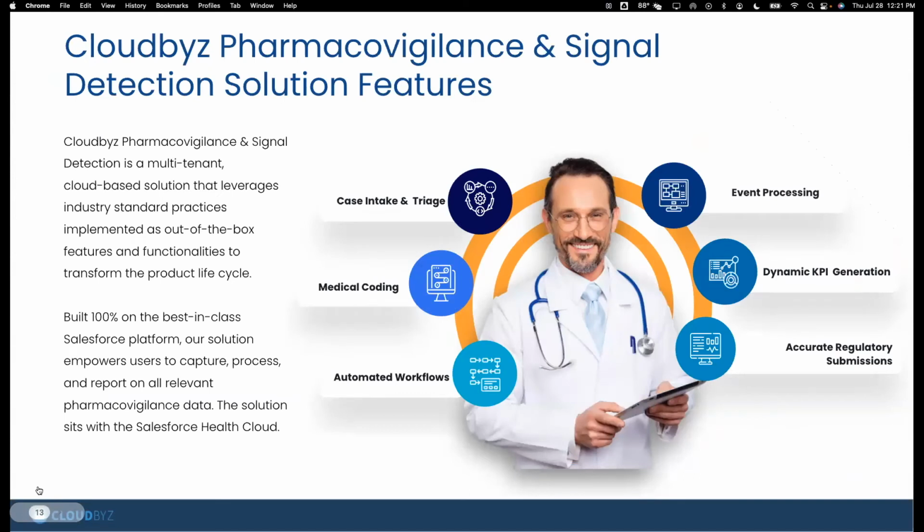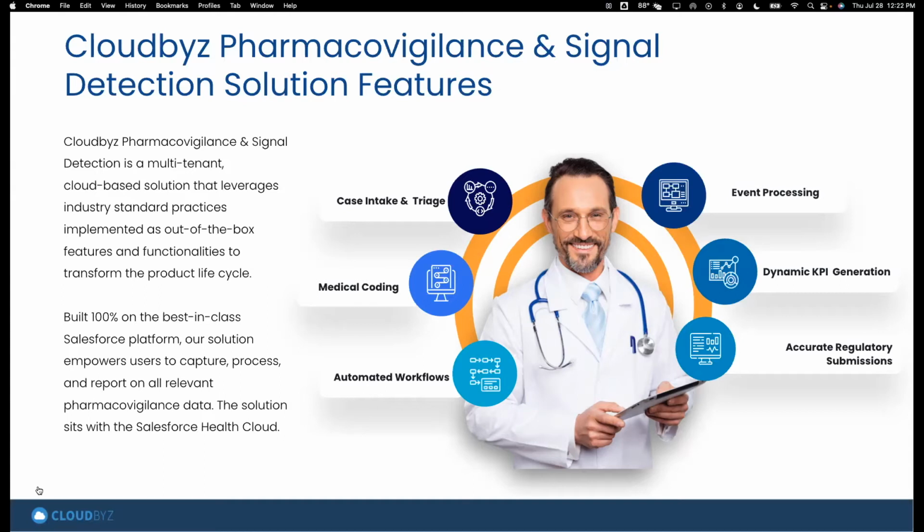All right, so one of the ways in which we do that, folks, is to have a cloud-based system for pharmacovigilance, signal detection, or both, in such a way that your entire end-to-end pharmacovigilance practice is covered, all the way from case intake and identification, through all the various steps of your process, through to accurate regulatory submissions and accurate, powerful, insightful data analysis. And one of the ways in which we're seeing some of the challenges that I talked about being solved is by having a single system that leverages industry standard practices as out of the box features.